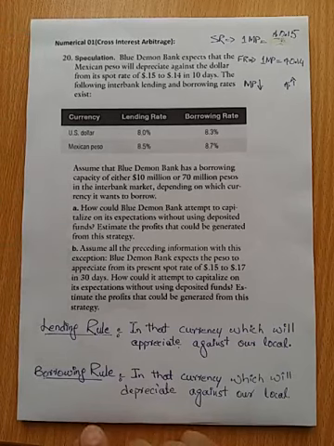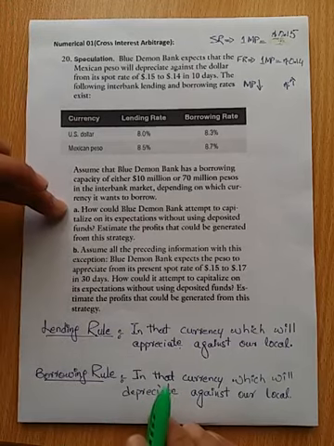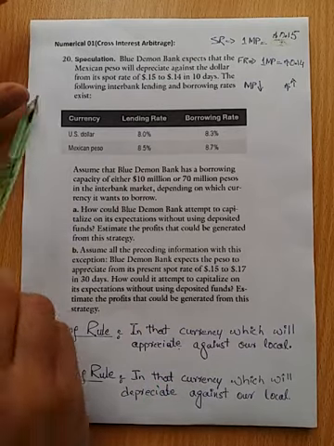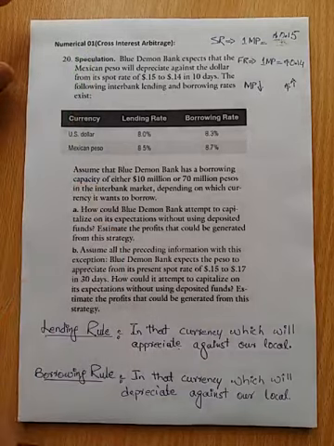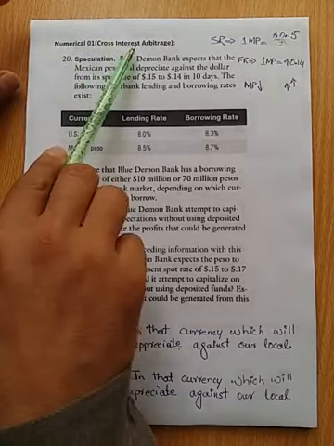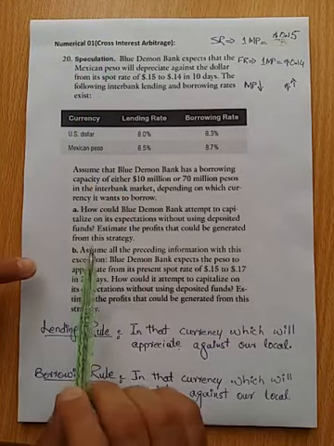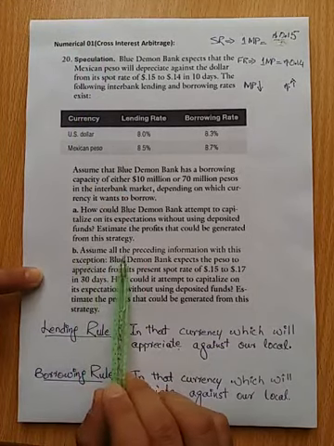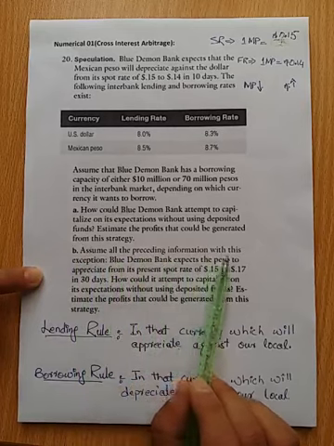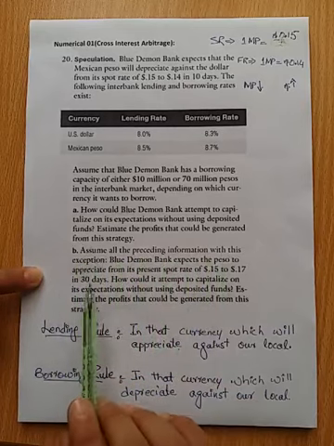Numerical number one. Now, obviously, you have watched a video of numerical one part A before this. If you have not, then pause this video and go back and watch that video first, and then come back and watch this video. Okay, so this is the numerical one part B, and the numerical is related to the cross interest arbitrage. So part B says assume all preceding information with this expectation that